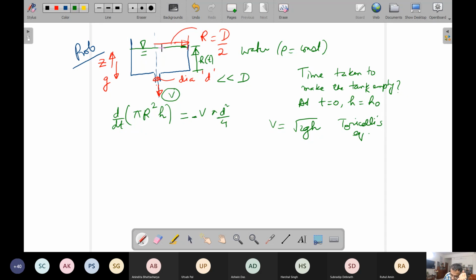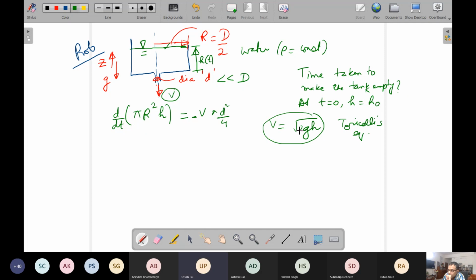So this is known as Torricelli's equation, which you can get from Bernoulli's equation only. If you apply the Bernoulli's equation between the free surface and what is draining out, you will get this one. Actually, there was another factor inside the velocity, 1 minus small d square by big D square, something like that, and that term we take as almost 0. All those things are in this only. So this assumes that the velocity at the free surface is almost 0. That is why this is root 2gh.